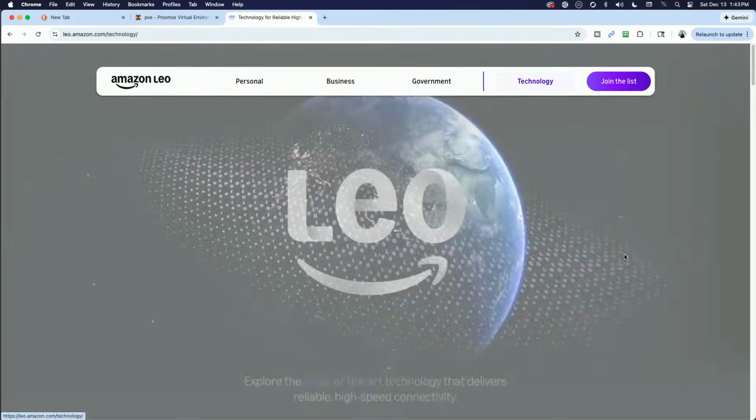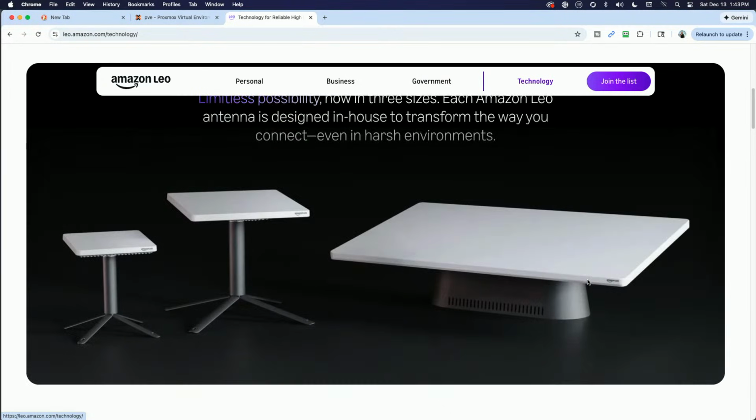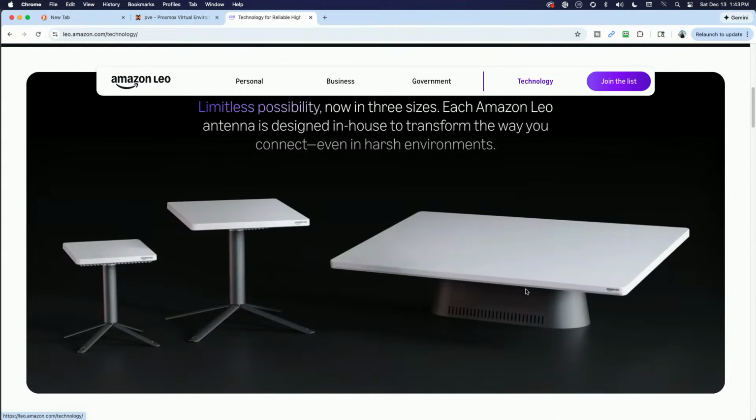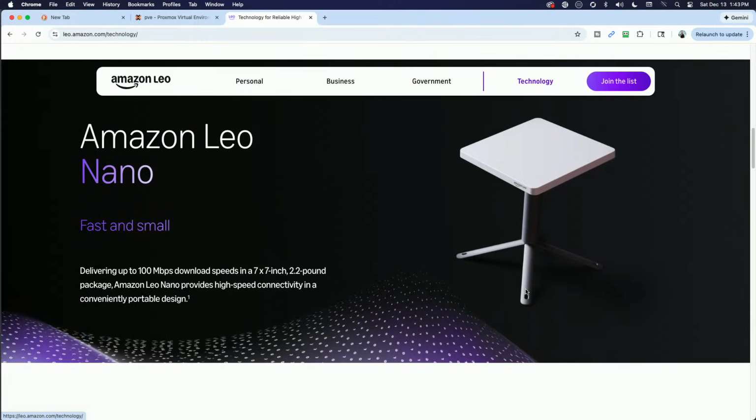So if we look at the technology behind Leo, they have 3 different flavors. You can see small, medium, and a large dish. And they're named appropriately. The Leo Nano delivers up to 100 megabits per second download speeds in a 7 by 7 inch, 2.2 pound package.